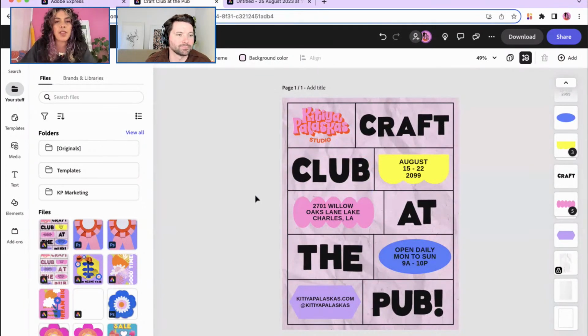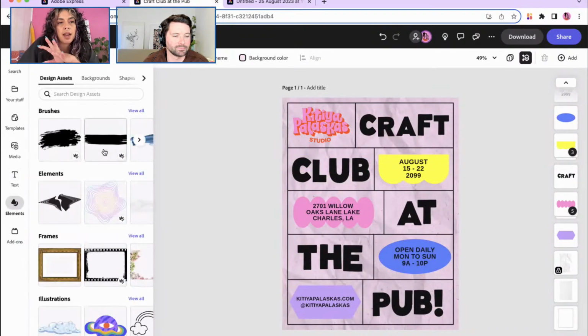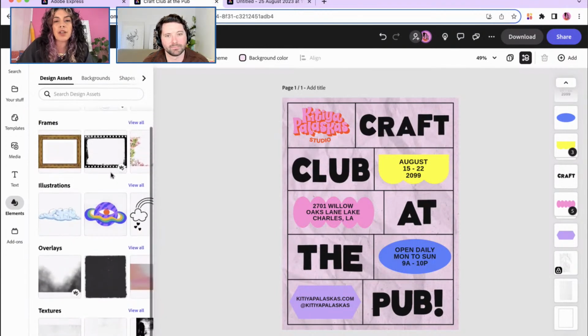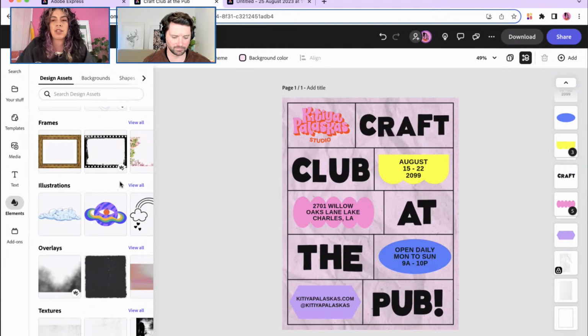So okay, that's basically a recap of what we did last time, a little bit of text editing. Now I want to show you, we touched on it last time, the design assets section of Adobe Express. So let's say you are a small business owner, but you're not necessarily a designer and you don't really have the skill or the time to create different icons or illustrations and things like that for your projects. Well,